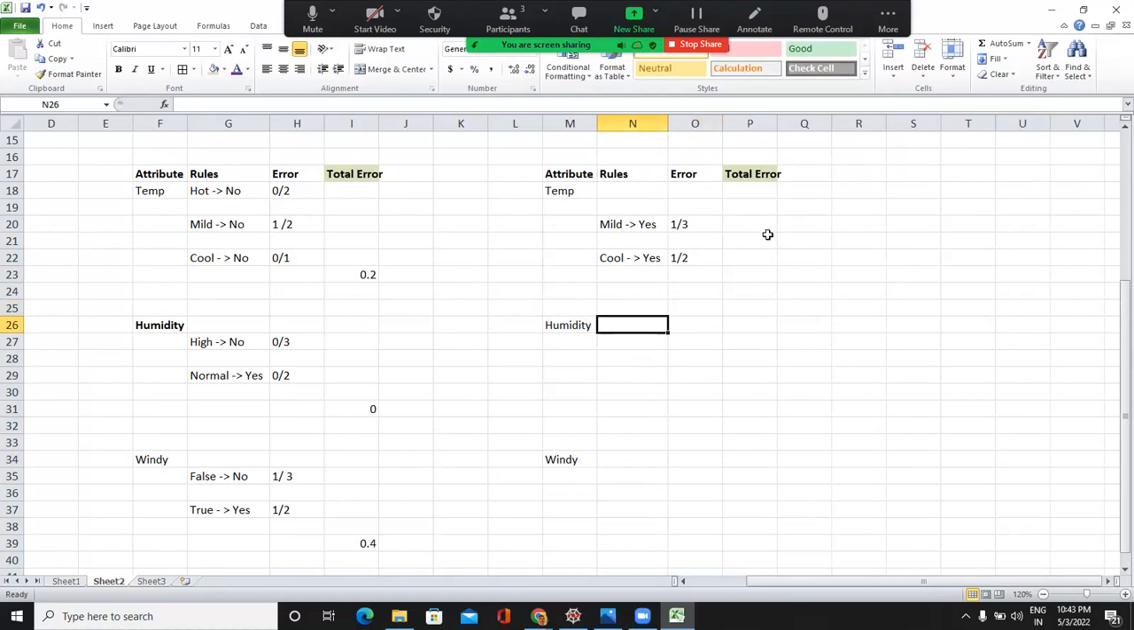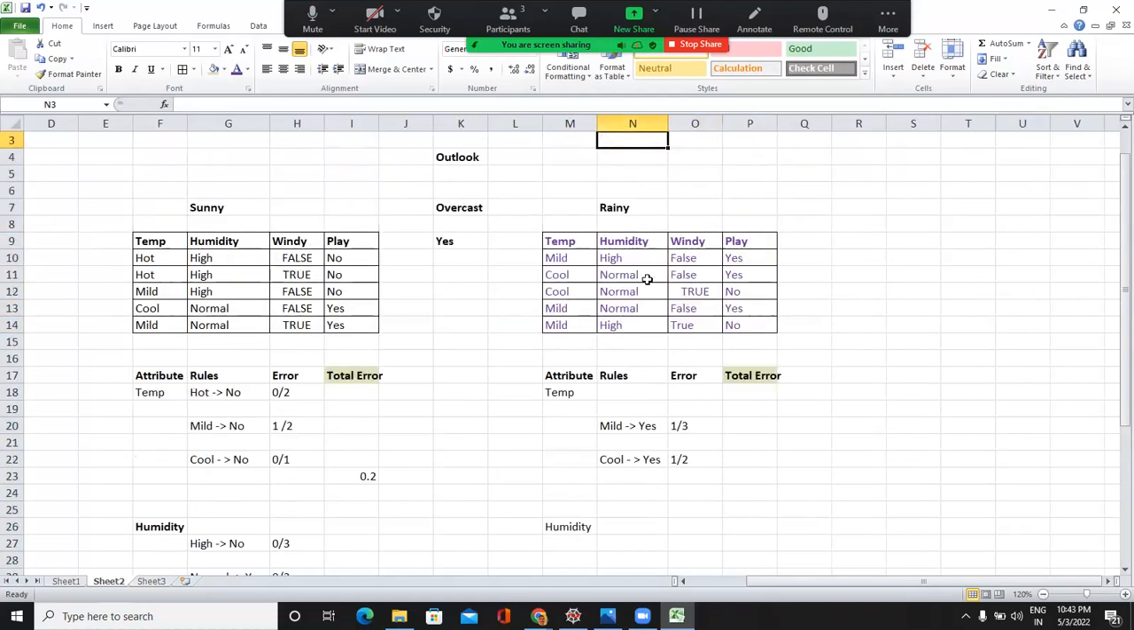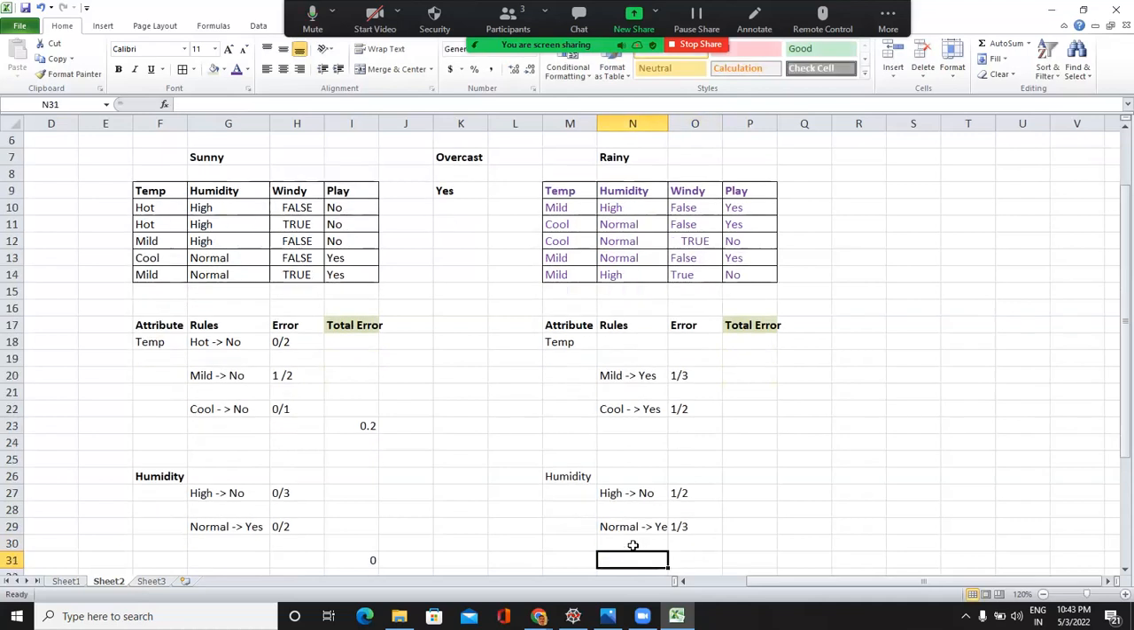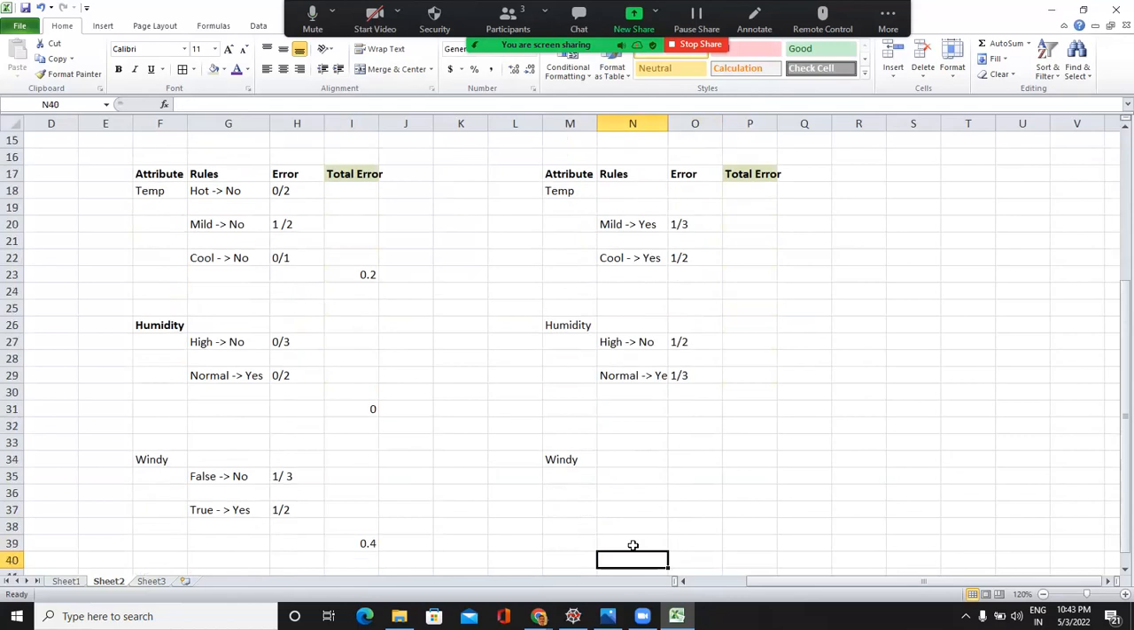In humidity, we see humidity has high and normal. So first, if we take high and keep the rule as no, we will be committing an error 1 out of 2 times. Then if we take normal and put the rule as normal is yes, we will be committing an error 1 out of 3 times. Now windy